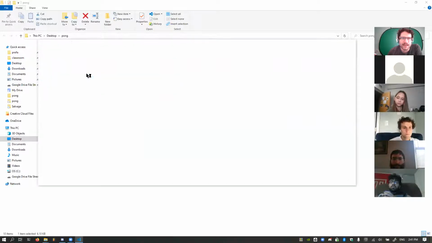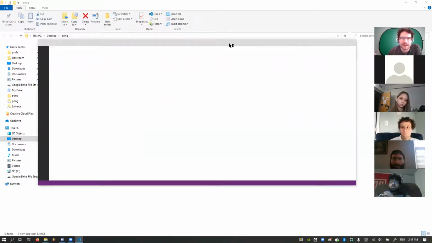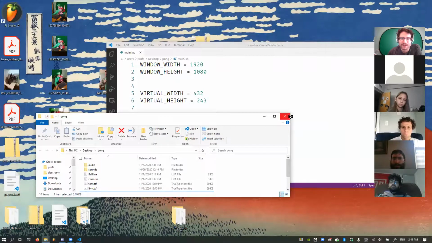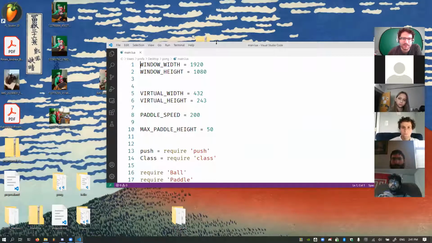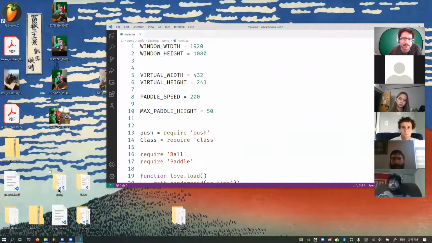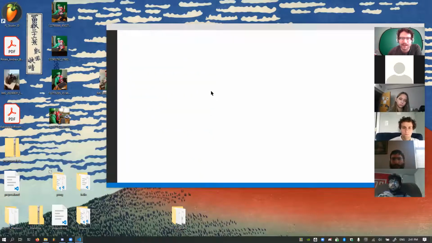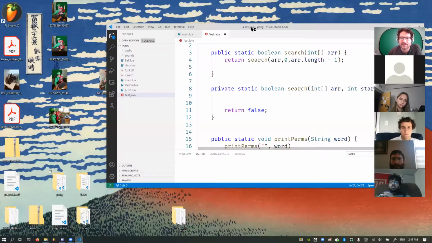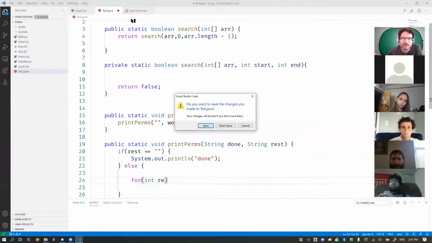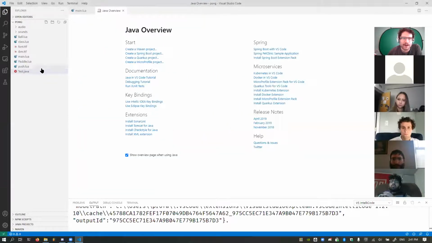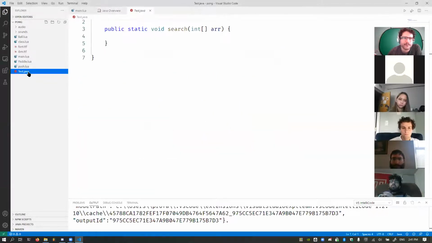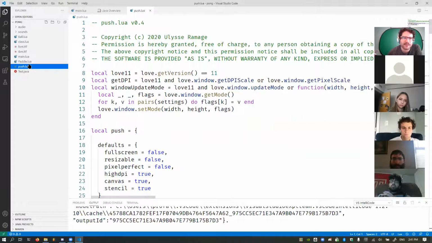So let's go ahead and take a look through this. I will go ahead first, and I'm going to take my folder and drag it onto here so that I can see all the files. I don't know why I have a test.java file in there.